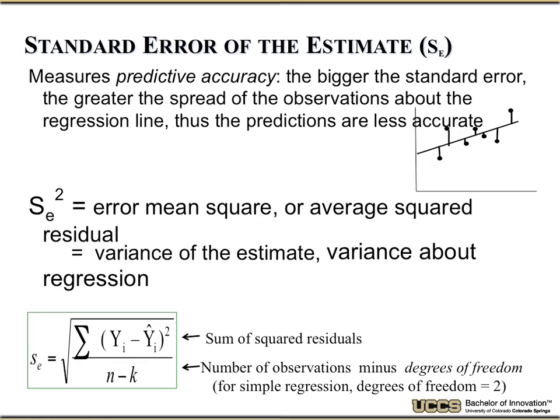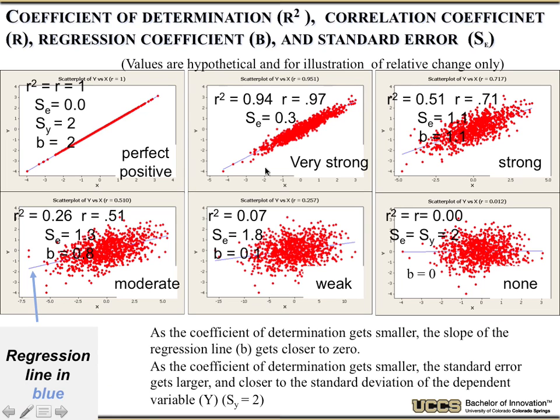Okay, so coming back to the standard error. The standard error gives us another way of looking at how tight our line is. So the coefficient of determination is called r squared, and the correlation coefficient is called r, but it is not related to r squared by squaring. I'm just using this slide to point out some of the bad nomenclature that shows up in statistics. So for this line, I have r equals 1, r squared is 1, and the standard error is 0. This is a perfect line.